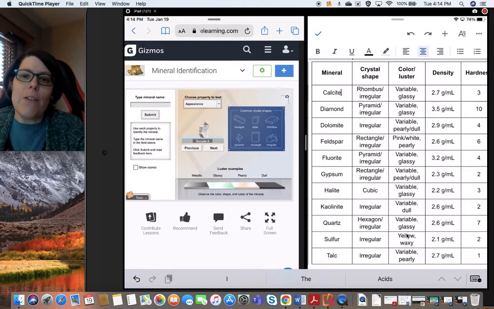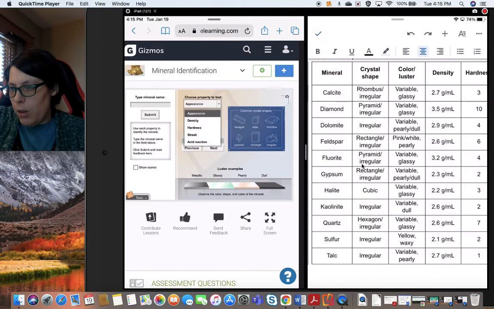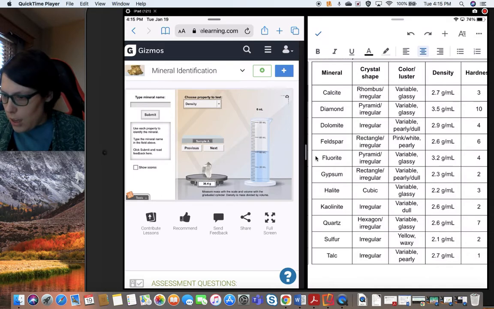So that's not enough for us to figure out what mineral it is. There's too many options still. So if we go next, we can pick a different one. I'll go with density because it's next. And remember, you have a sheet that you can write this on, but I'm just writing on a Post-it note. So it says